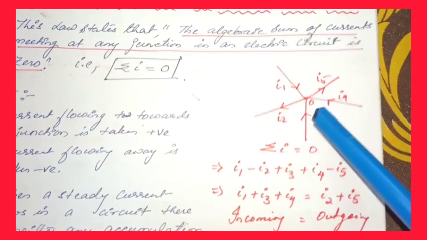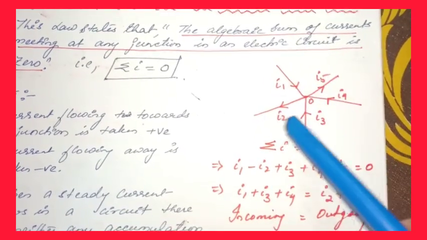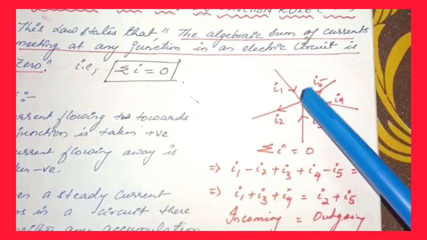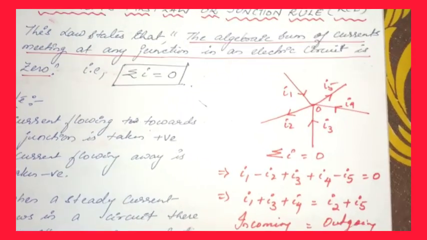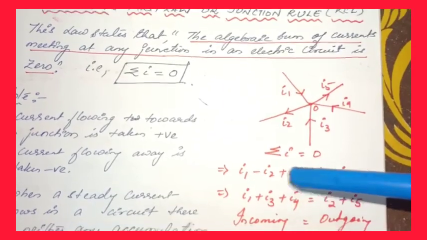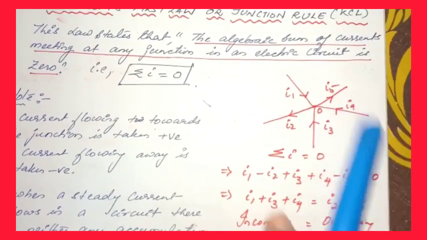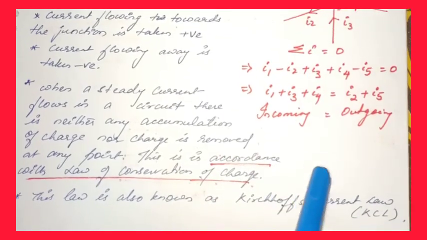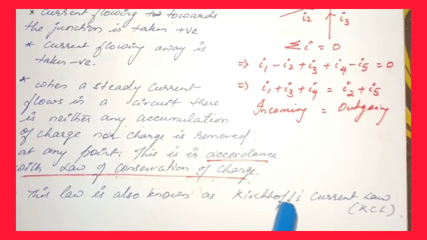Students, here you can see that there is no current accumulation. That means there is no charge accumulation or charge removal. Whatever current is entering, it is flowing out of the junction. That's why this law obeys the law of conservation of charges. So it is in accordance with the law of conservation of charges, and this law is also known as the